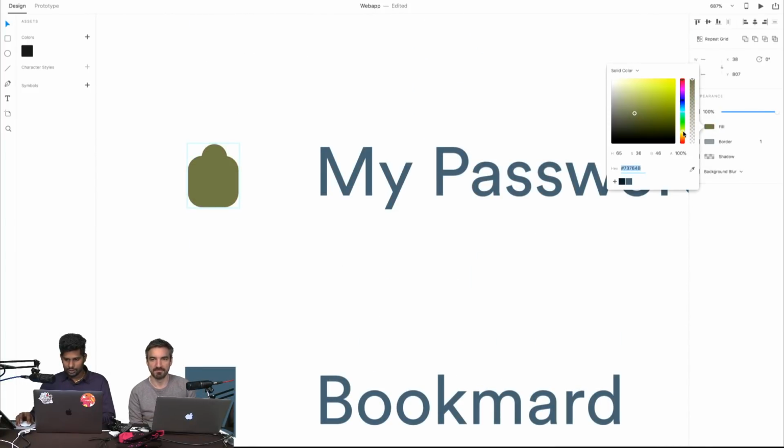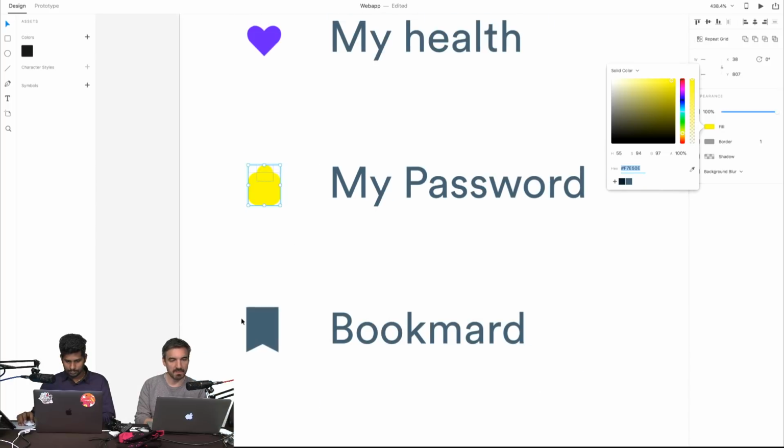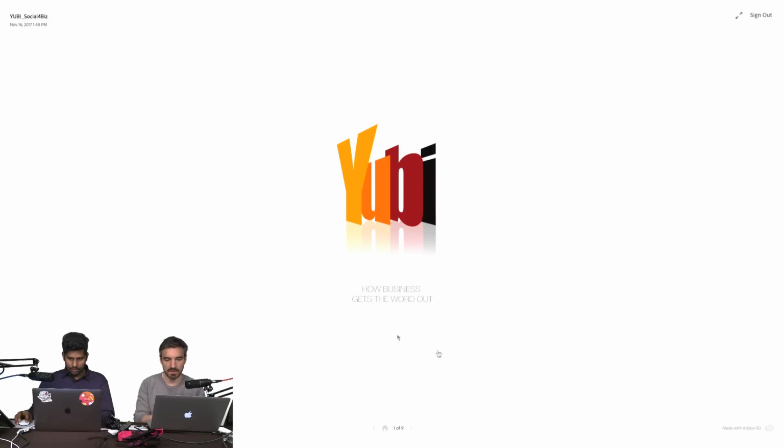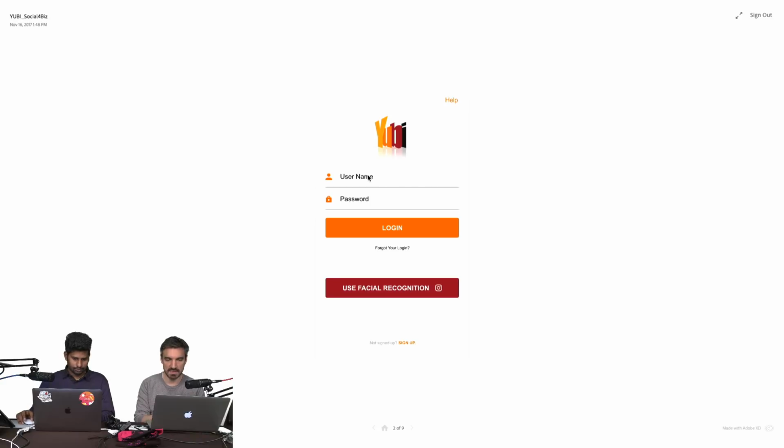Okay, I'm going to quickly choose colors. Yellow. And as you are picking the colors, we just received 2 new entries. Okay. So there is a UB. Okay, and the theme of the day is social. Okay, so let's see, username, password.